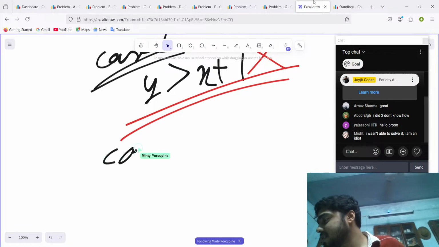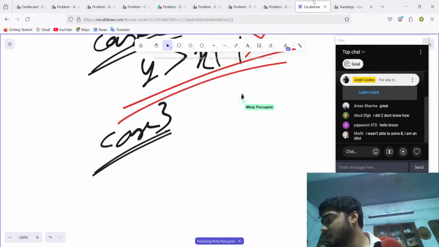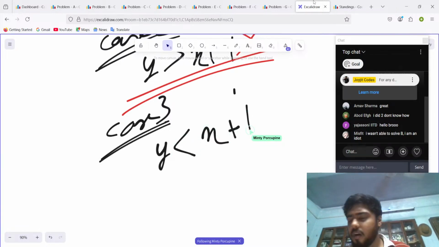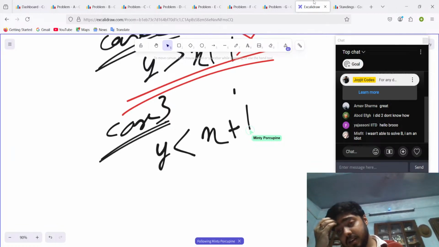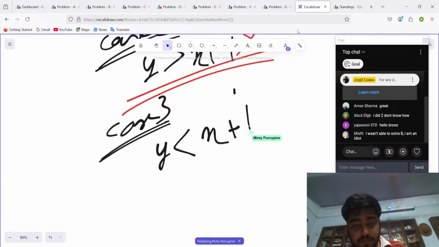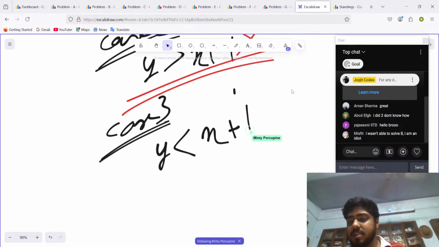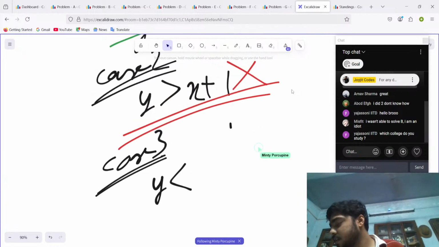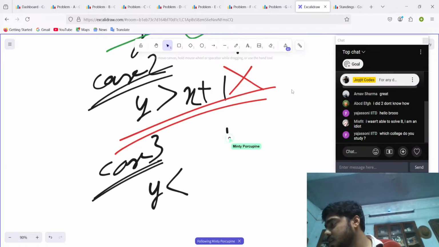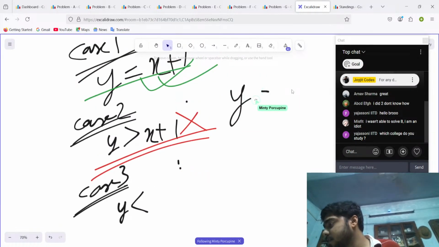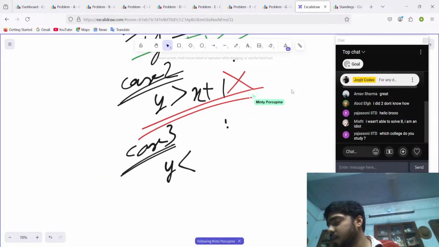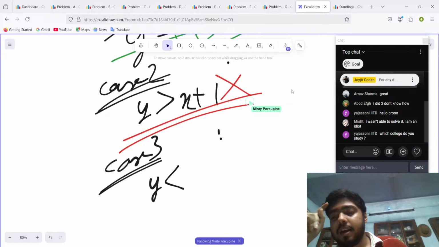Okay, so let's go to case 3. Okay, so what is case 3? It is y is lesser than x plus 1. Or rather, let's say y is not equal to x. Okay, so there is also another case I think I forgot to mention, that even if y is equal to x, then also it is not possible, right? Y can never be equal to x also. If you want, you can get the proof of it, because as I told you that if you're adding one,